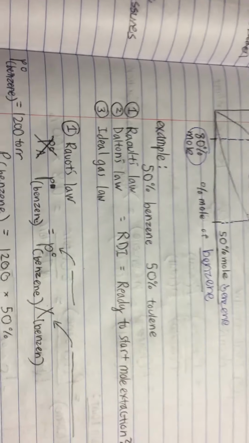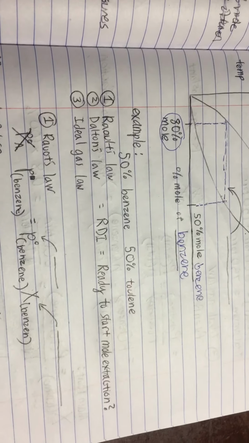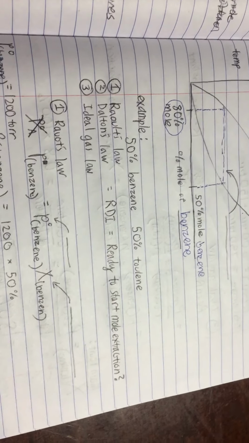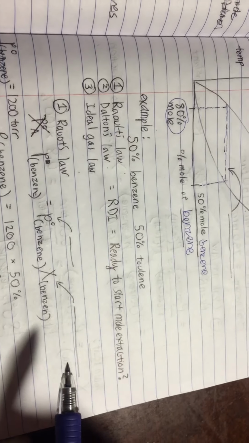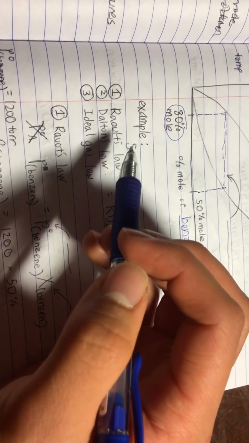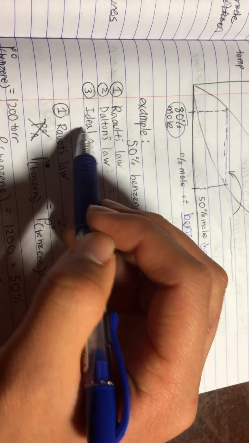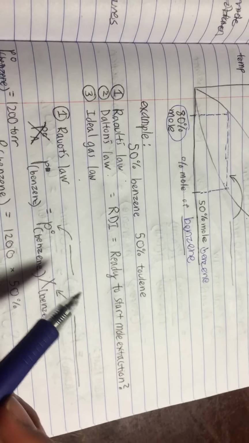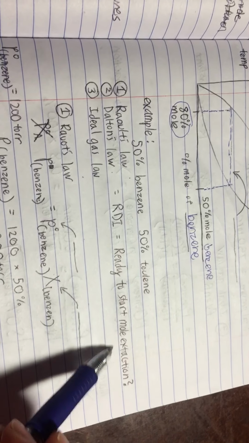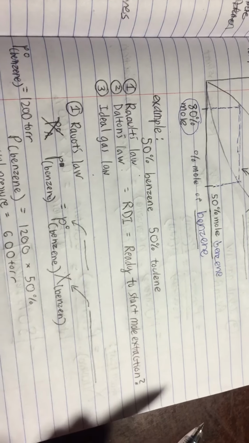And to provide better understanding of this, I'm going to be using an example with the three equations. First we're going to use Raoult's law, then Dalton's law, then the ideal gas law. A good way I like to remember it is RDI, as in ready. I like to think of it as ready to start mole extractions, and the RDI should